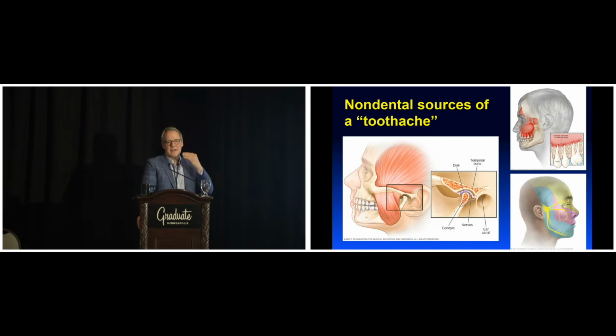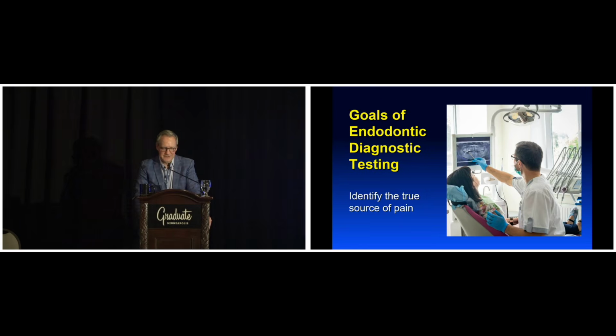And then, of course, the upper teeth, they're right below the sinus area, particularly the back teeth. If you have a lot of sinus pressure, that can cause pain in those teeth when you bite on them, when you tap on them, and when you push on this area. And then the classic trigeminal neuralgia pain is that sharp shooting pain that may feel like it's a tooth, but it's often triggered by things that are not related to tooth function, like temperature. It's often a breeze in the face or touching the skin. So we need to be able to understand all of these and rule these out, or rule tooth pain out if we suspect these conditions.